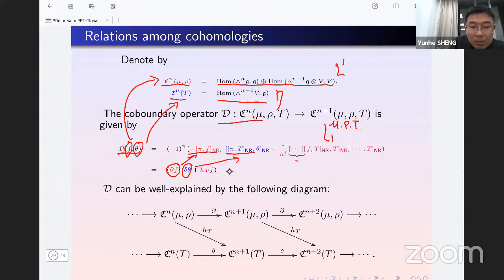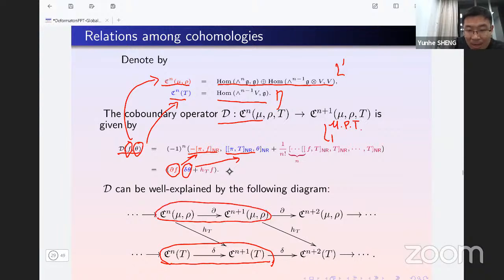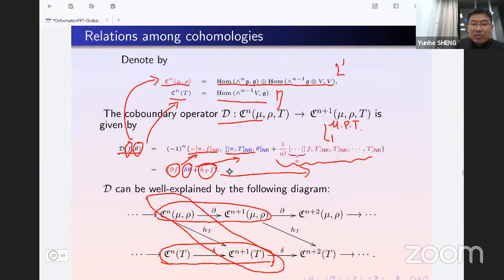So we can see that delta from Cn T to Cn plus 1 T is a subcomplex, and this partial from Cn mu rho to Cn plus 1 mu rho is a quotient complex, and there is an extra term which is denoted by hT of f, and this hT is from Cn mu rho to Cn plus 1 T. So hT is defined by this formula. This guy corresponds to hT. So consequently,